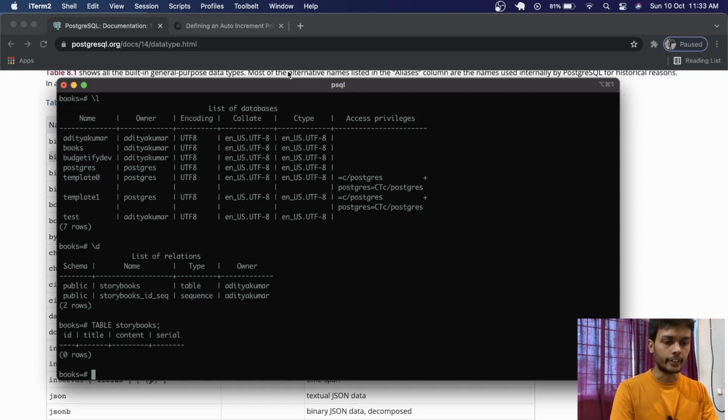To insert the data, we can say INSERT INTO storybooks, okay, and this will be title, content, and serial. We're not considering the ID over here since the ID is auto-incremented and will be auto-generated. Inside the values, what we're going to do is